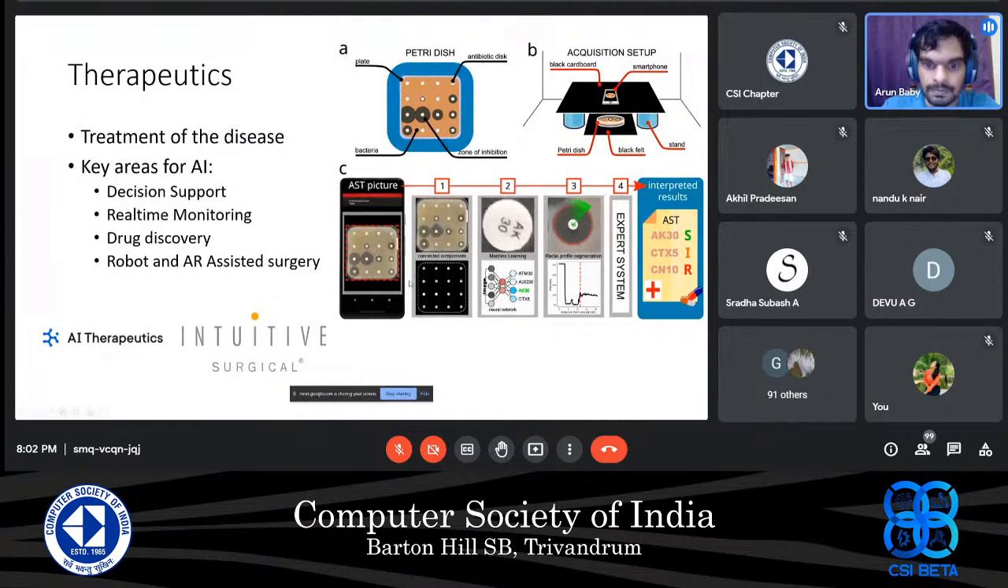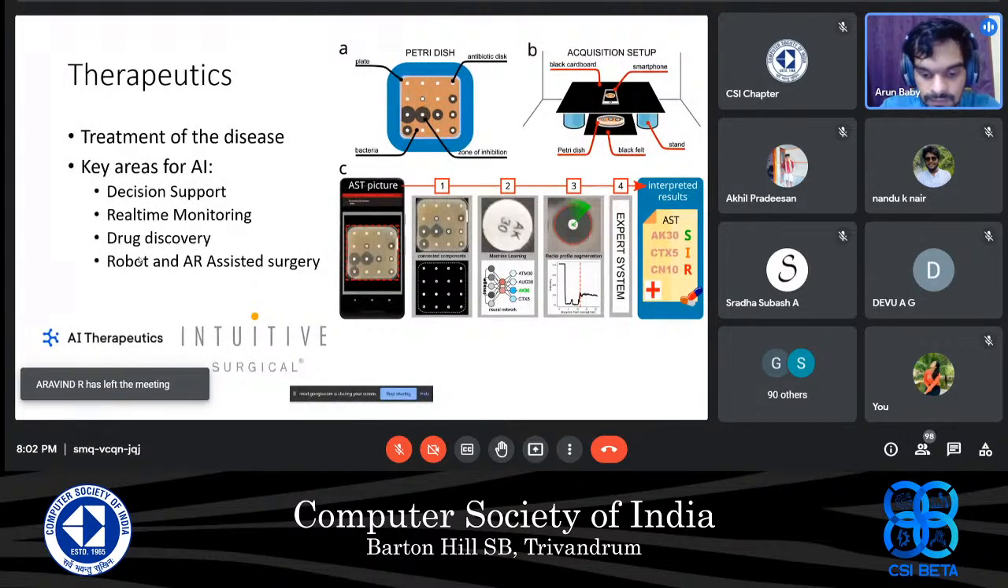So this can be automated. The analysis of this can be automated, and we can use the drug which reduces the bacterial population to 0. Other than that, the companies that work in this area is AI Therapeutics, and there are several other companies which do sort of the same thing. And other than that,